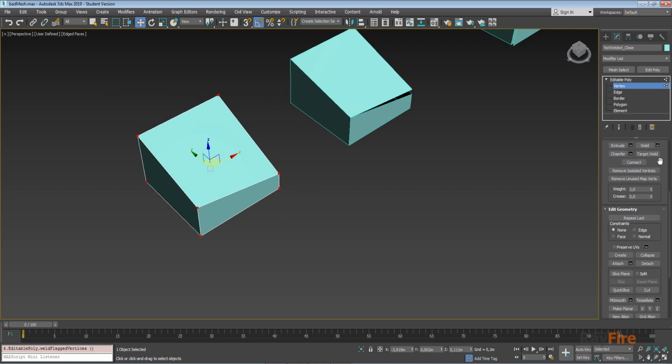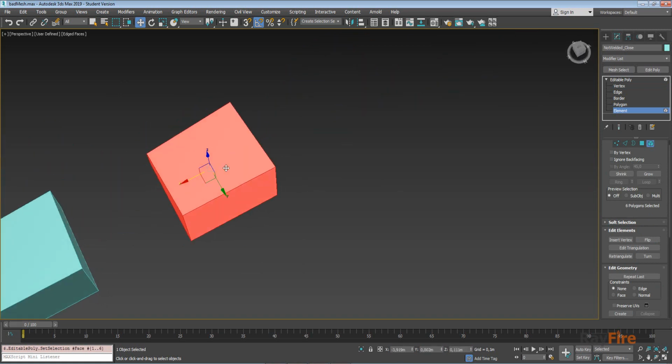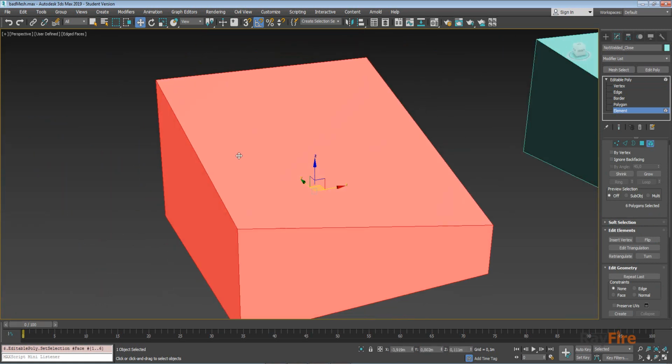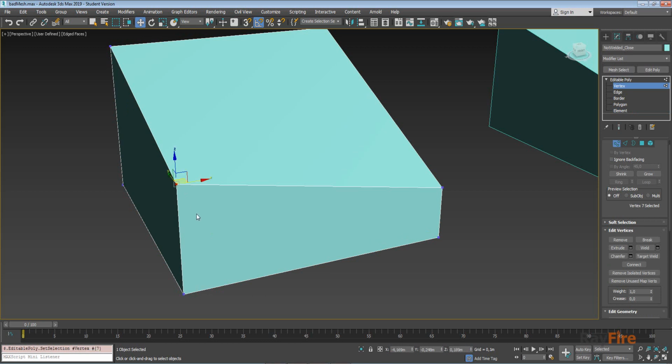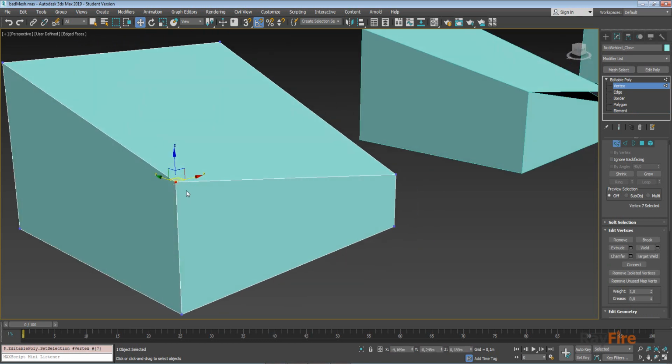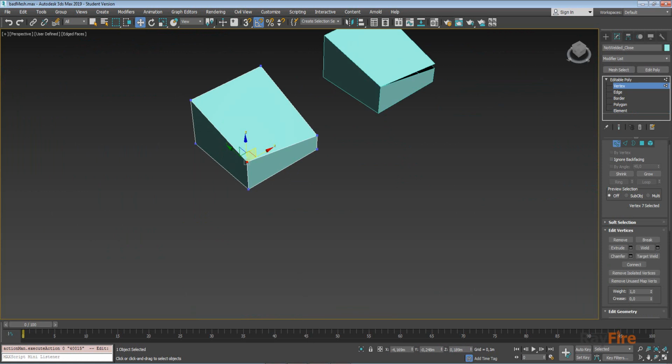So now if I go to element level, it will select all faces, because now it's just one element, all faces connected with each other, and this is what welded object or welded vertices means. And I can select this vertex and you can see it moves for all the polygons here. And this is what you need to be sure of. Let me show you how it works in